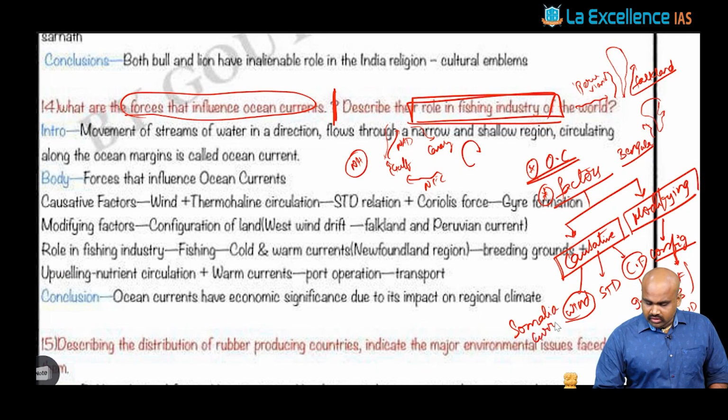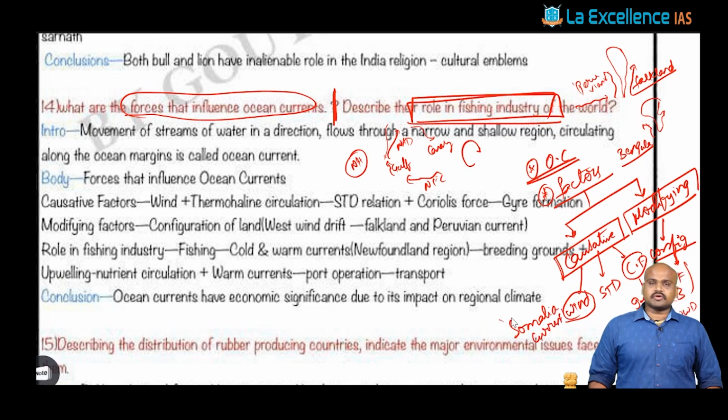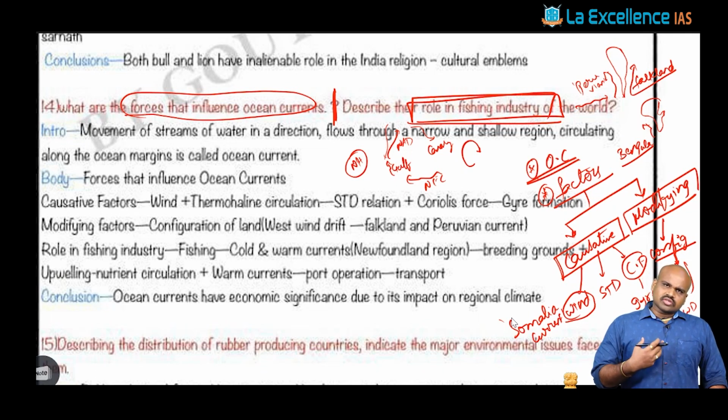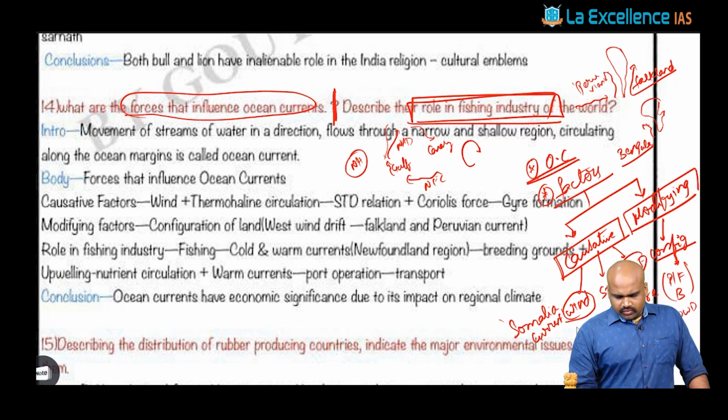See here what we are doing. We are not only giving the factors responsible for oceanic currents, we are also substantiating each of these factors through existing examples, because such questions are straightforward. And what is going to add to your scoring with respect to these questions is the extent of substantiation you have done. With the corresponding nature of the substantiation, you are going to get additional marks. That is very, very important, my dear. Please remember. Right? That is what we talk about as the +1 strategy in Lapse Purana that we are generally doing. Right? So the wind can be with respect to the Somalia current.